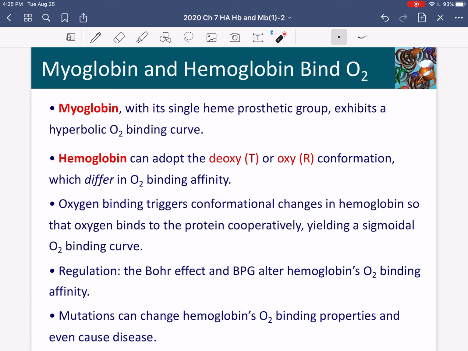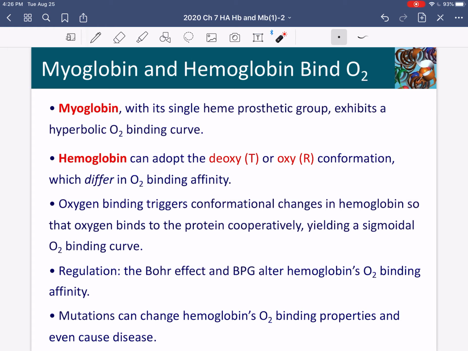What's going to happen, as you'll see, is that oxygen binding triggers a conformational change in the hemoglobin. We just talked about a conformational change in the flu virus hemagglutinin that allows it to function, and that's not an uncommon thing. Remember, proteins have to move to function, and this conformational change is very small, but it's big enough so that when hemoglobin binds to oxygen, each one of these subunits interacts with the other subunits, making the switch from the T state to the R state very rapid.